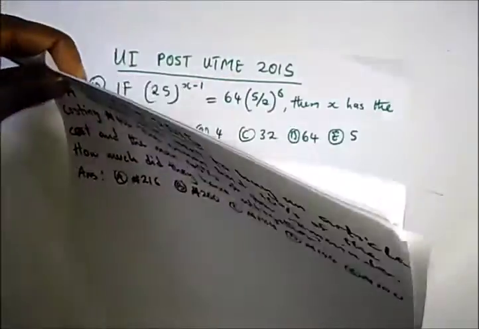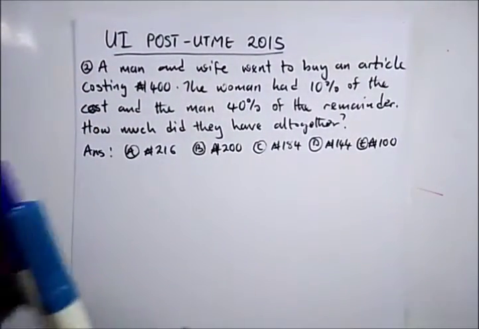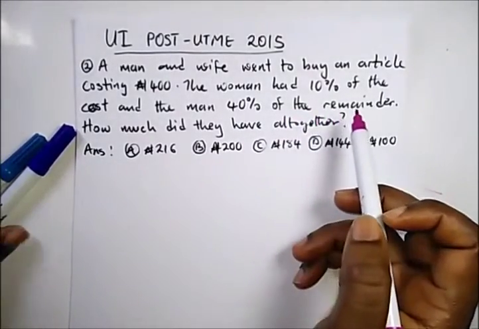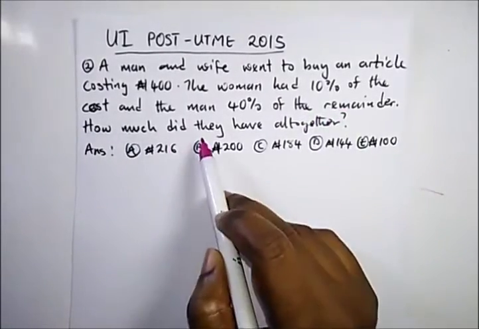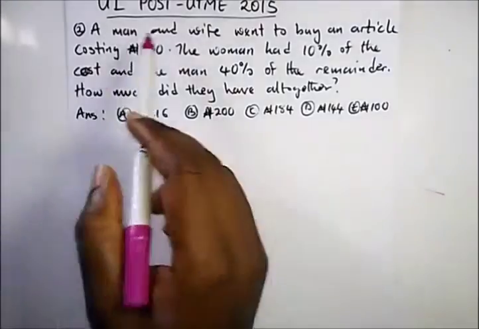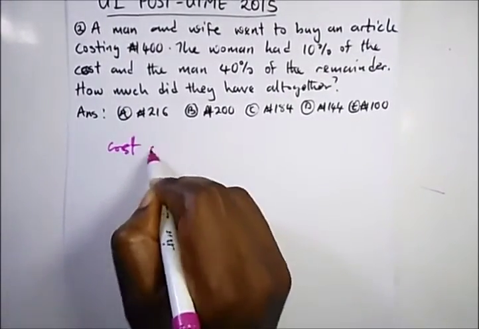Our next question says, a man and wife went to buy an article costing 400 naira. The woman had 10% of the cost and the man 40% of the remainder. How much did they have all together? So here, let's state this. What's the cost of the article? Cost of article